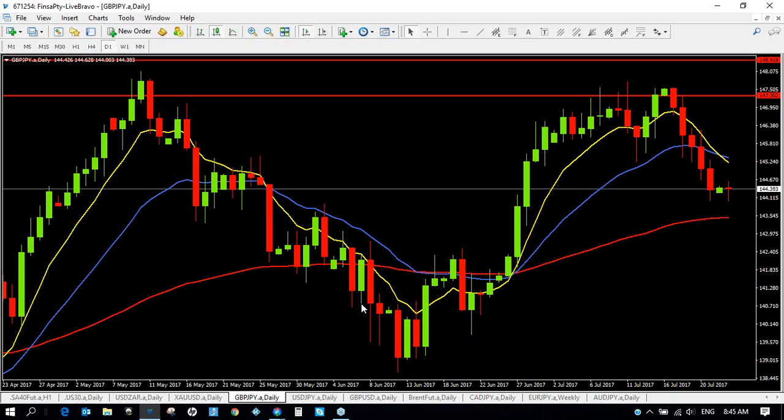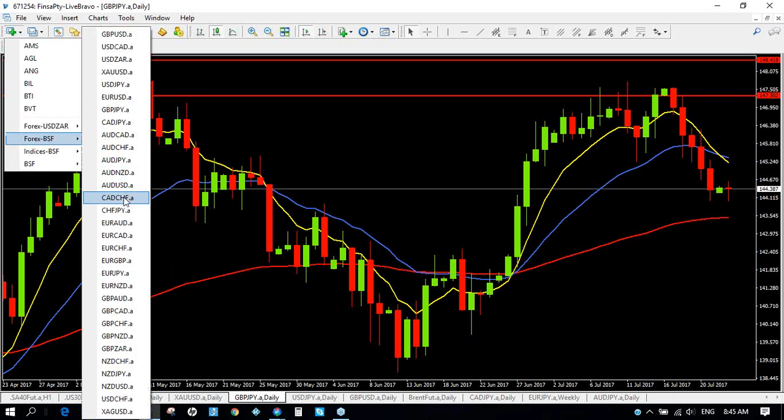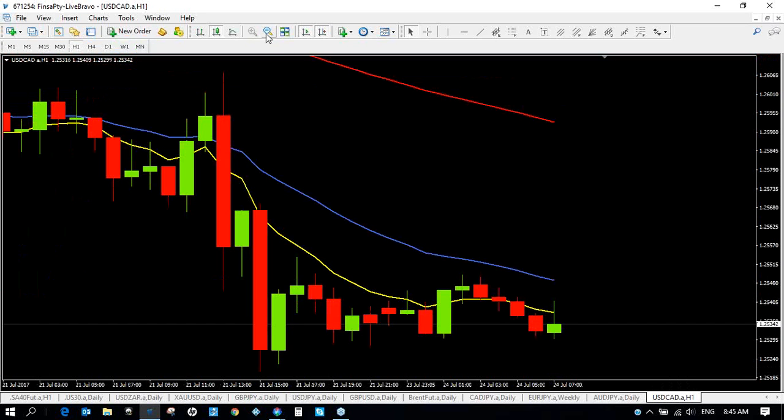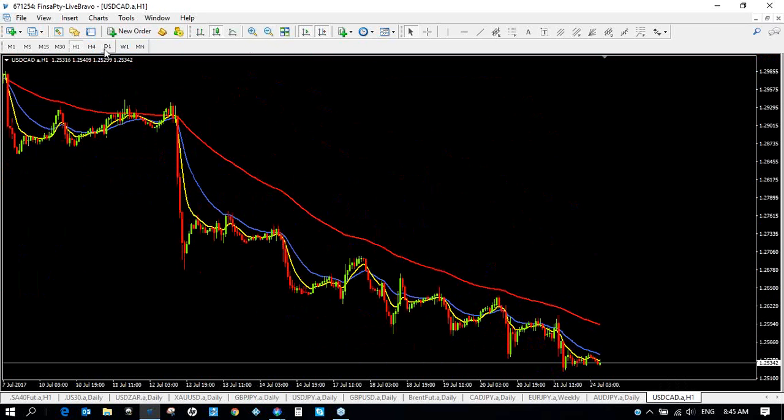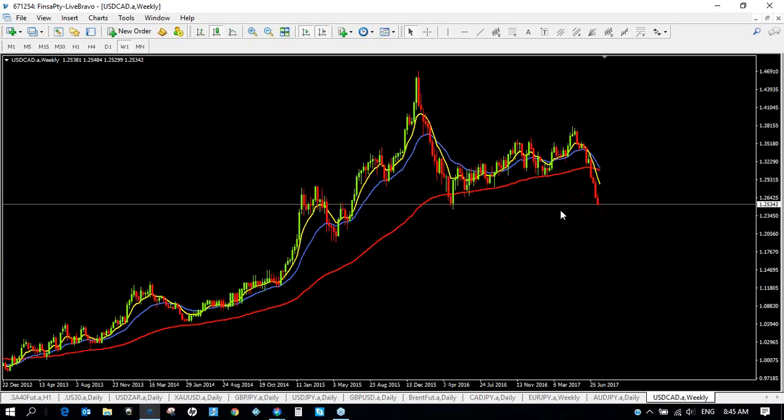So if we have a look at a relative strength matrix of some sort, I've got a long-term trending matrix. The strongest pair or the weakest pair at the moment is dollar CAD, and if we actually pull that chart up, you'll see what I'm talking about. So the dollar is losing ground quite seriously, and the Canadian dollar is actually one of the stronger currencies at this moment. That's just the hourly, but there's the daily chart. I'm shorting here on a crossover and then a break of support, and this is now coming down to weekly support. So I'm quite keen to see what happens at this moment,